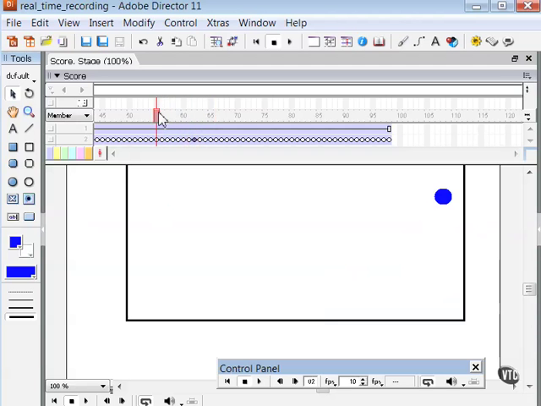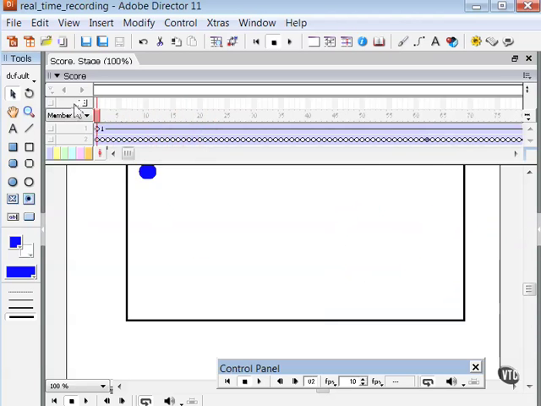You can create very complex animations very quickly using this real-time recording technique. That'll wrap up this section of the tutorial covering animation techniques in Director 11. In this section, you've learned how to create frame-by-frame animations and tween animations. You've learned how to tween the paths of sprites, as well as how to accelerate and decelerate these sprites once they've been tweened. You've learned how to switch a sprite's cast member, how to use film loops, and how to